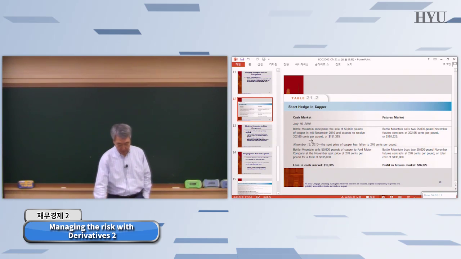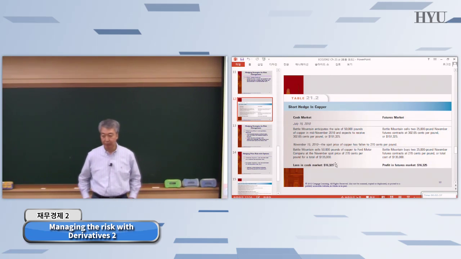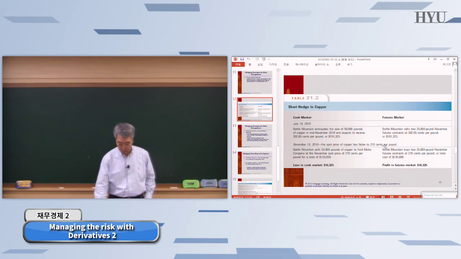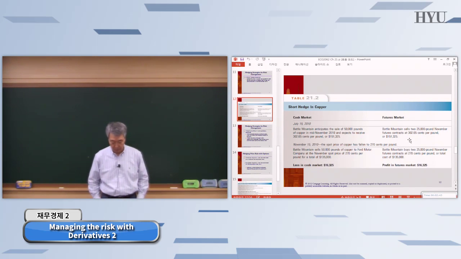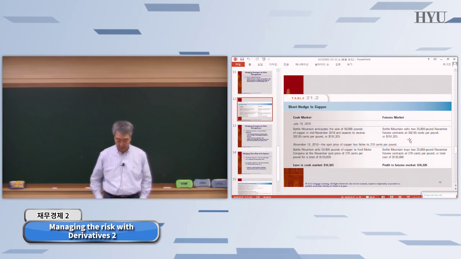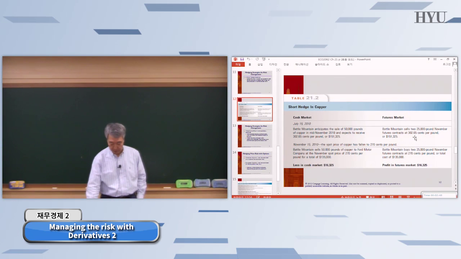The thing is, if the price declines between July and November, then their revenue will be only $135,000, which means their loss will be $16,325. So in order to hedge against this possible decline in the price, what they could do was sell 2 units of November future contracts at the expected price or strike price of